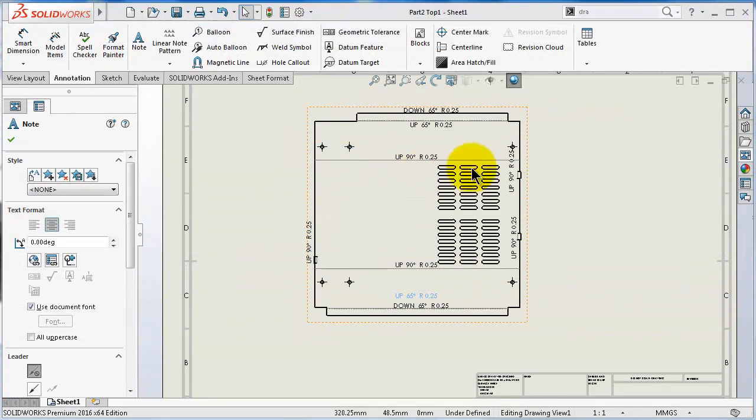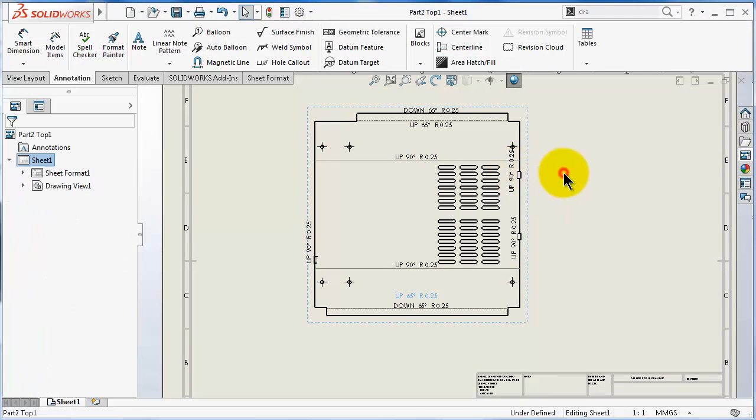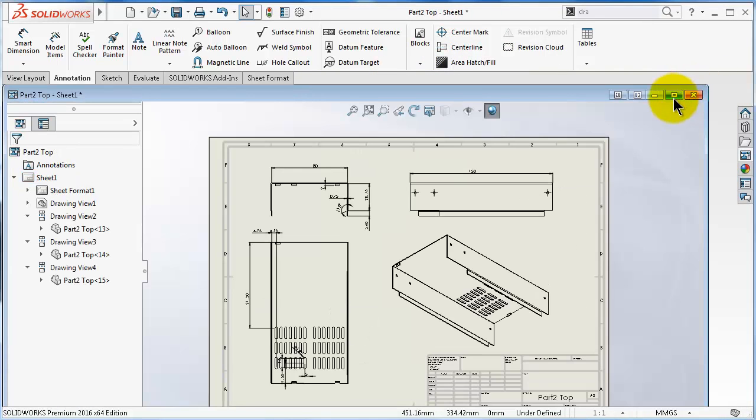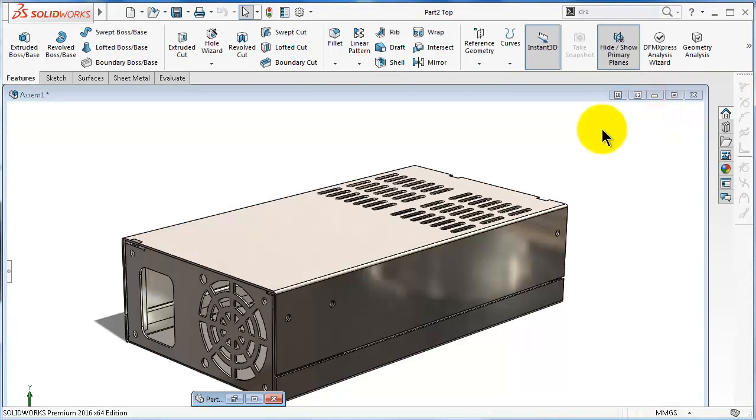For the next part, we can see another way. We can make only the flattened view and attach instead the punch and bend tables. So that might be more accurate and easier to see. And let's go back, and here I have the standard views. So now let's go back to the assembly,